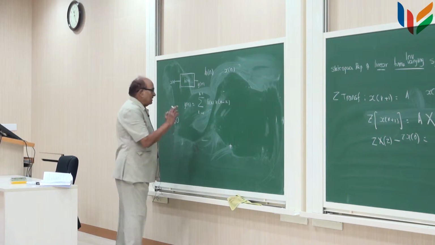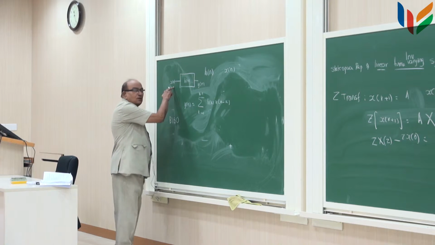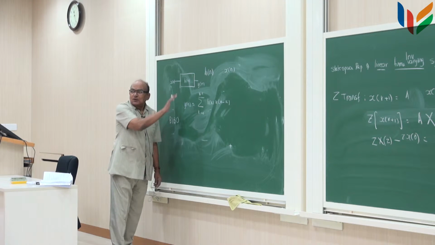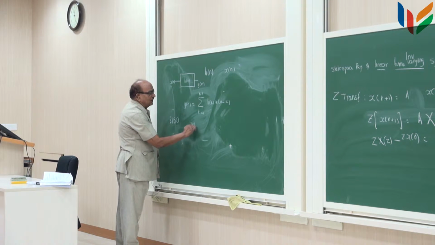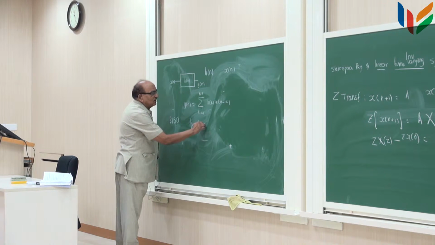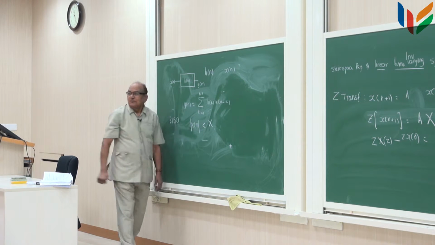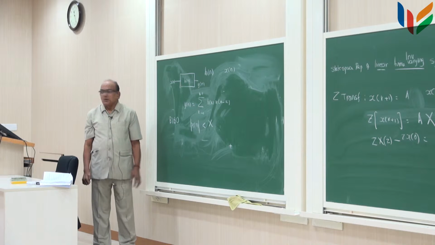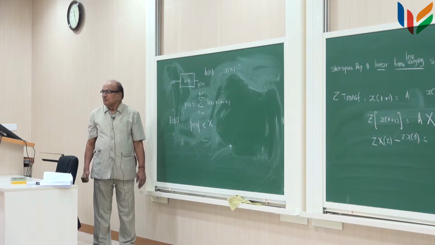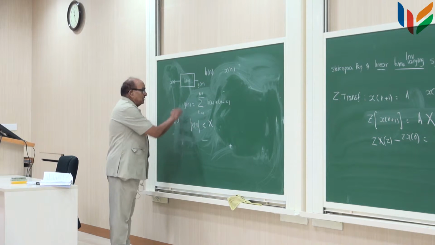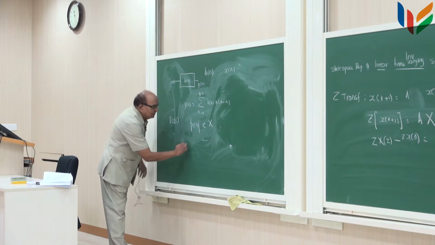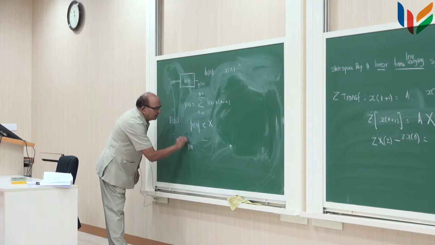BIBO says that if the input is bounded, the output should also be bounded. That's all it is simply saying. If the input is bounded, it means x of n must be less than or equal to some X for all values of n. Then Yn must be bounded,